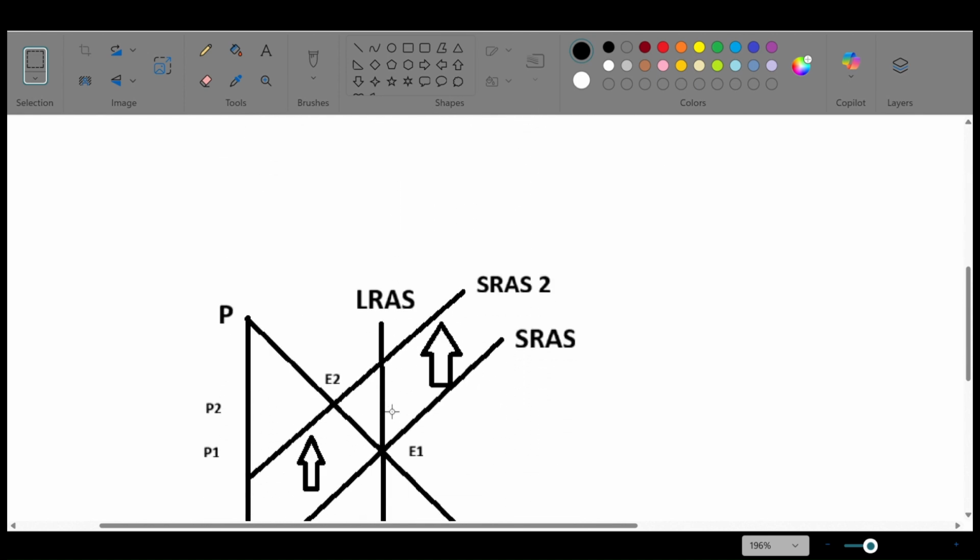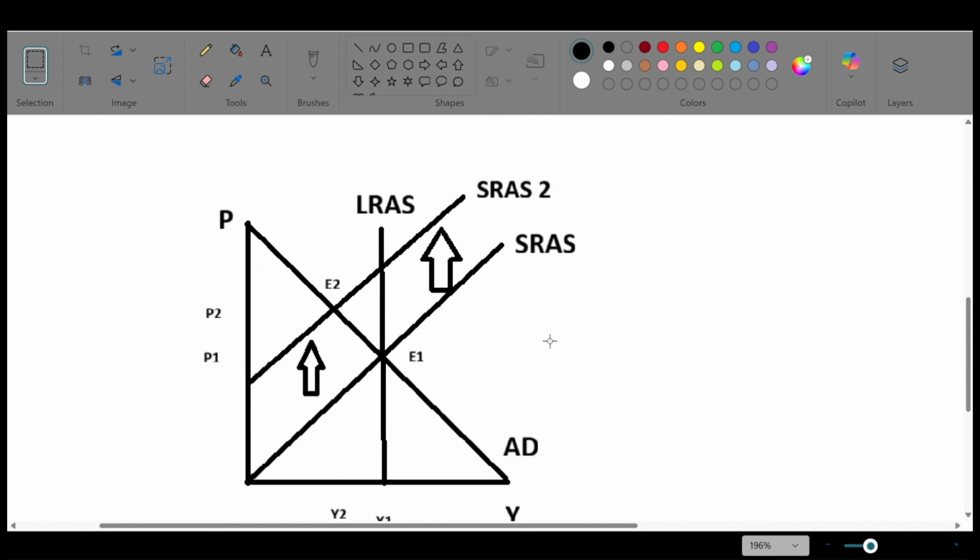Now we introduce a temporary adverse supply shock. For example, a sudden increase in oil prices, a natural disaster disrupting production, or surprising regulatory costs. This shock raises production costs for many firms, so for any given price level, firms supply less output. In the graph, this is shown by a leftwards or upward shift of the SRAS curve to SRAS2, shown right here